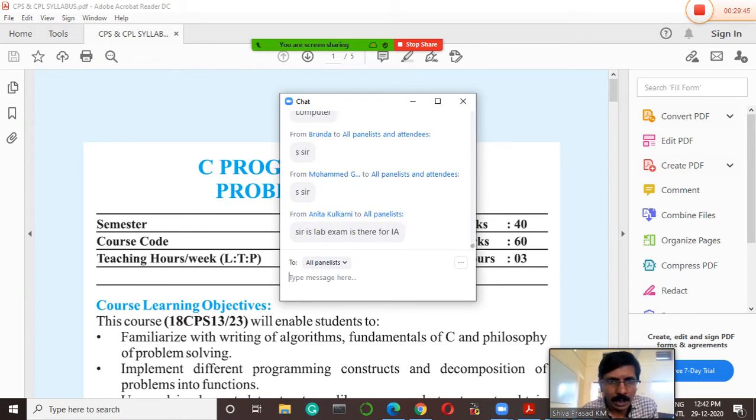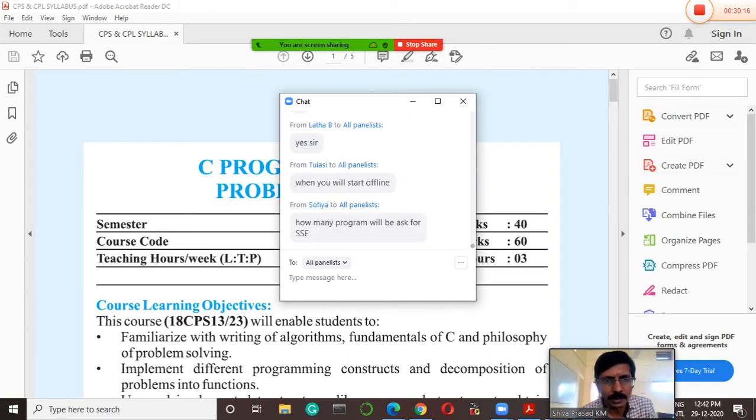If you don't have a computer, it is not an issue. You can execute those programs using a mobile also. I will share the links from where you can execute the programs using a mobile. At the same time, according to our thinking, we may allow you to come to the college for the lab within some days, depending upon the instructions that we get from the university.